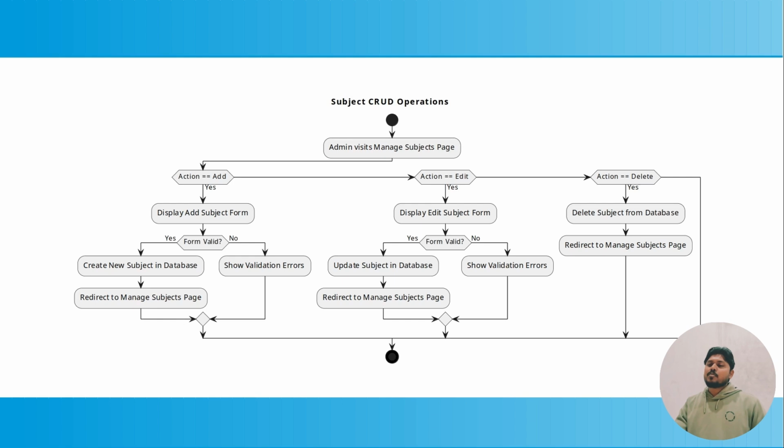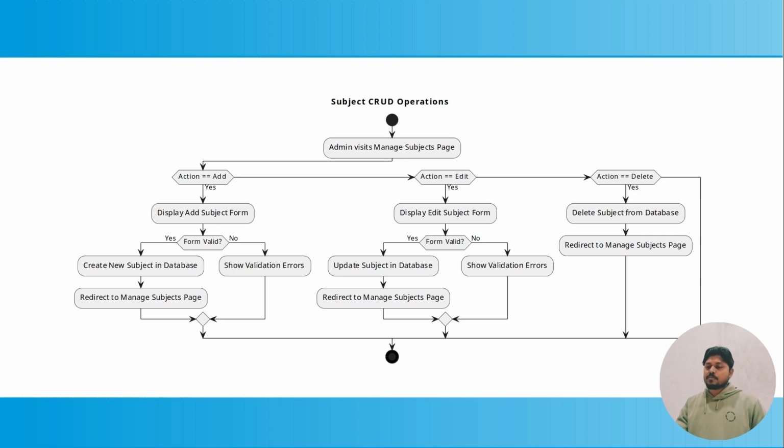So here is the CRUD operation flow for subject. So admin visits the subjects page to manage the subjects, and there are three operations admin can perform: add, edit, delete. When they perform add, they see the subject form page and they fill the form. If the form is not valid, we show the validation errors. If it is valid, we will create a new subject in database, and we will then redirect the admin to